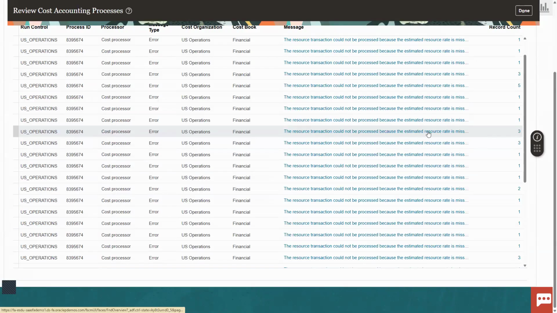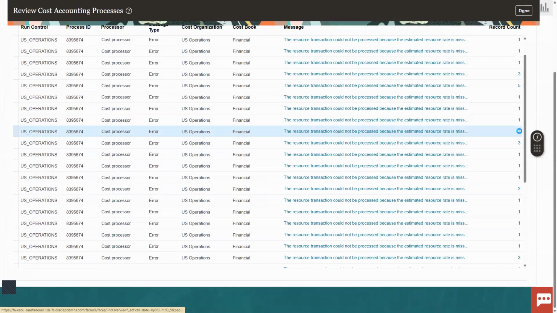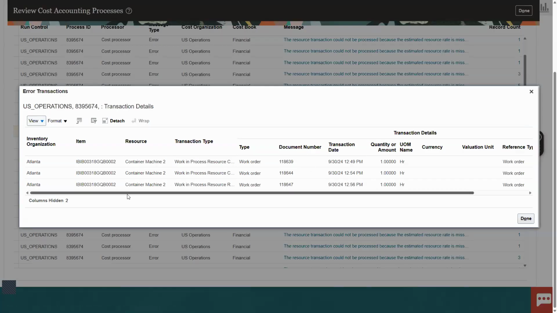Source is going to because estimated resource rate. So this means somewhere there's a labor rate missing. And this should give me resource transactions. So this is my resource, container machine 2, and nobody put in a labor rate or a machine rate for that. So I would have to open up a cost scenario and create